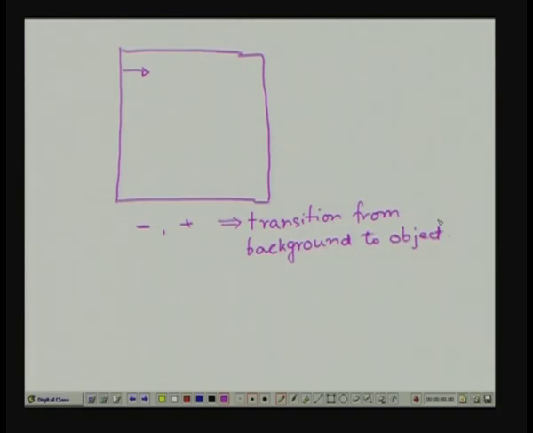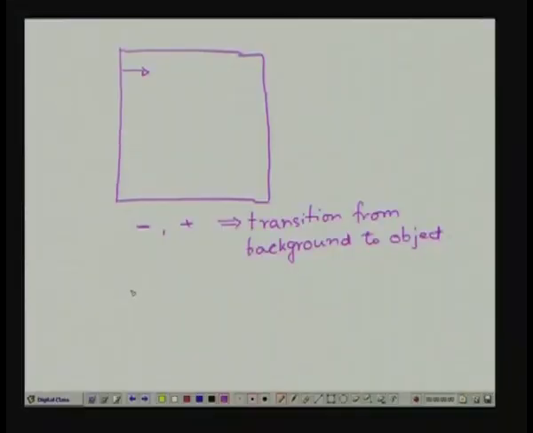Similarly, when I am scanning, I am moving from the object to the background region, then the combination of these two symbols will be just opposite. Here I am moving from the object region, which is dark, to the background region, which is bright. So, the combination of the symbols that I will get is a positive followed by a negative. Whenever I get this kind of transition, from a positive to a negative, this indicates that I have a transition